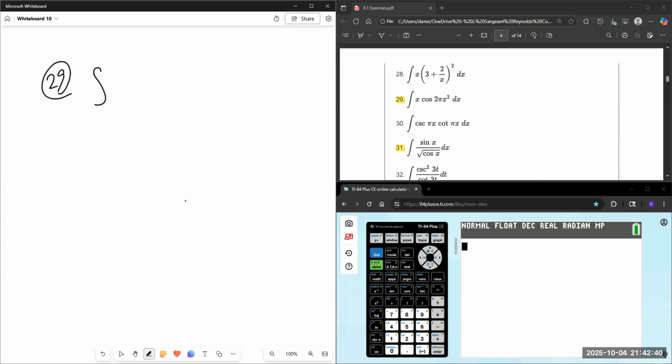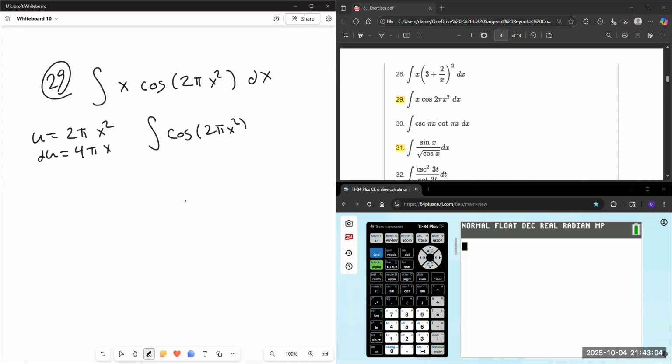That is the integral of x cosine of 2 pi x squared. I'm going to add parentheses for clarity. So u is equal to 2 pi x squared. Du is 4 pi x. So we need cosine of 2 pi x squared. We need a 4 pi x dx, multiplication by 4 pi on the inside, division by 4 pi on the